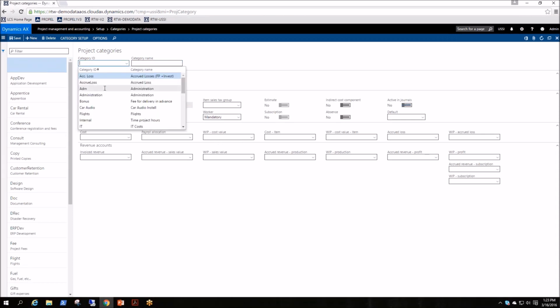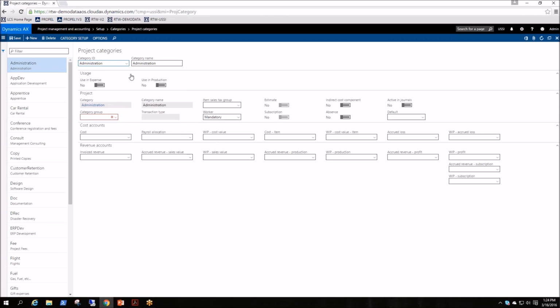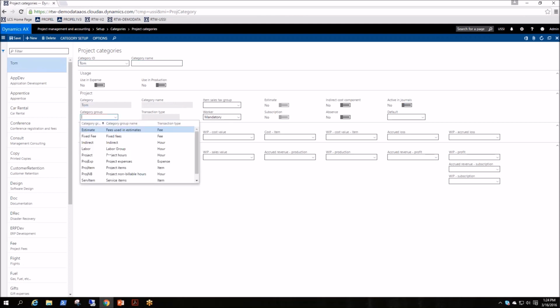So if we hit the new button and we look in here, we can see there's my administration category that I added. So I have to select it. You can't type in anything here. And this is a lot of questions that I used to get on this form was, Well, I hit new and then I type in test and, oh, it looks like there was test. I'll just type in Tom. And then if I tab off, let's try that again. Tom,